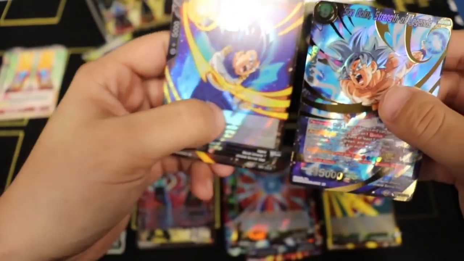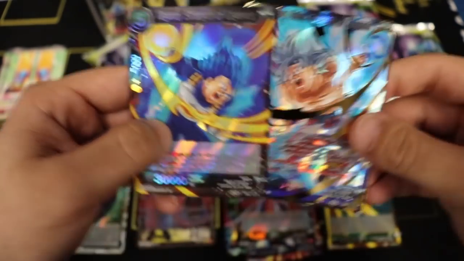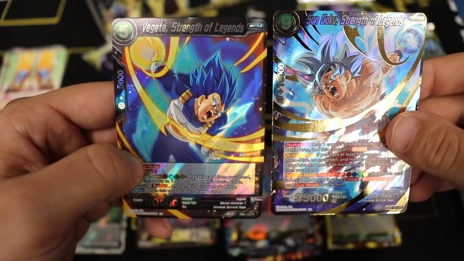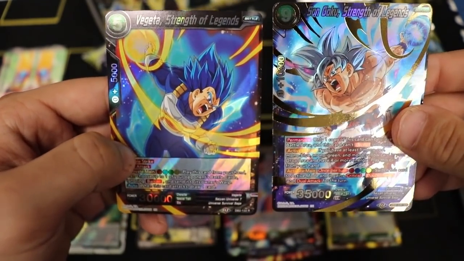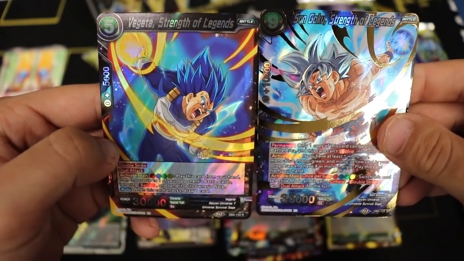As you can see here, I think it's supposed to be like this or like this. But yeah, the point is they're both doing the same blast, kind of like opposite of each other. And it's funny because they actually work very well together. So if you're playing that multicolor